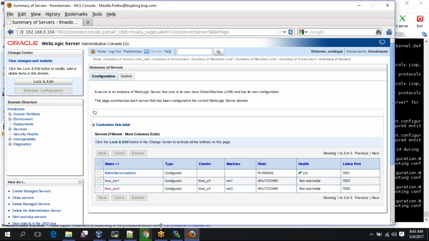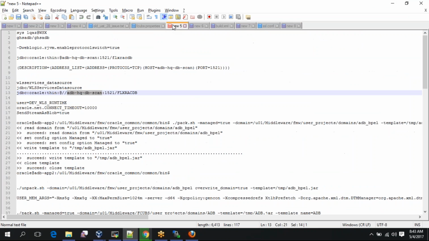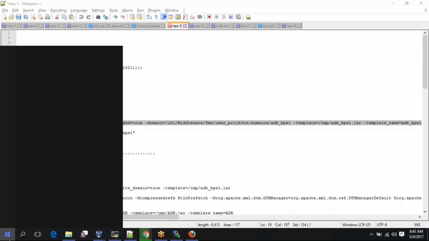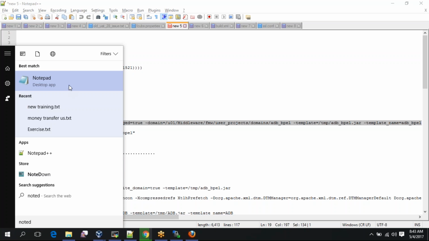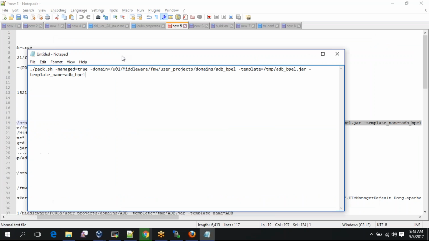So first thing I will do is, I'll have to pack and unpack. So I'll go to the first server and I have to run this command. I'll take everything. So this is from one of my earlier environments. So this is the command line. pack -managed=true, and then I have to put my domain home name, which in my case would be,